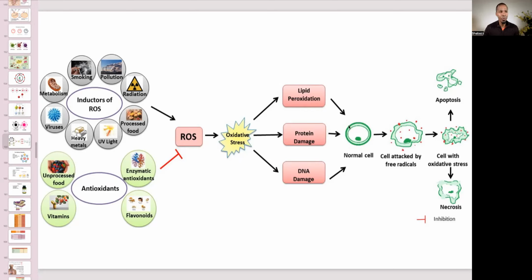We already looked at this before: a normal cell, and then a cell attacked by free radicals. As you see all of these little dots right here, let's say those are the molecules that broke down into single atoms. And then when those single atoms entered near those walls, they started to destroy the cell structure by taking away electrons. And now, as it's taking away and destroying the cell wall, it's entering into the cell, and all of that oxidation is destroying the mitochondria and the ATP, the adenosine triphosphate.